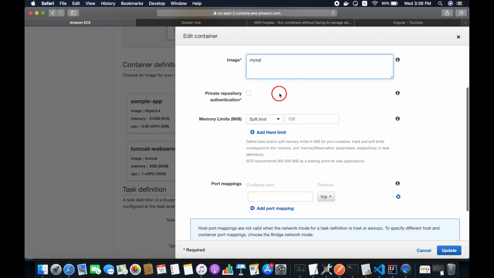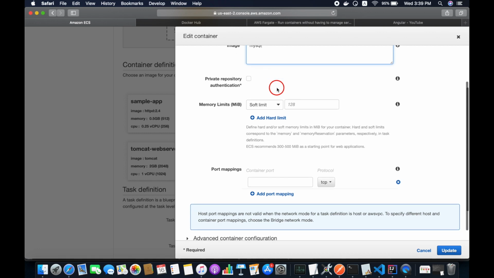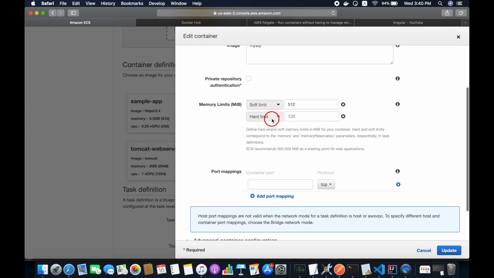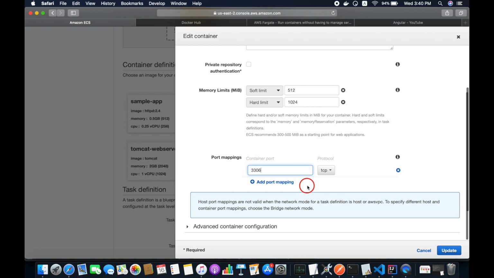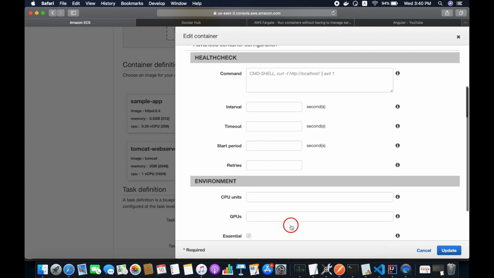Automatically it's going to take the latest one. And define some memory limit: 512 soft limit, and the hard limit is 1024. Okay, and port mapping, that is 3306 for MySQL port mapping.